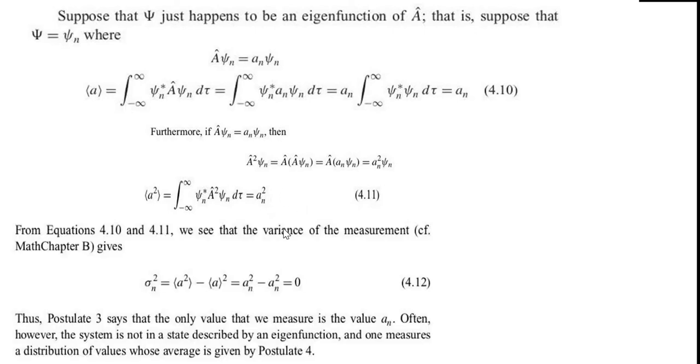Now you can evaluate the standard deviation for further clarification. Evaluate the a square average. So you are putting the a hat square, and by the same argument it would give you a n square, and a average square. So what is the a average? That is already a n. So a average square is simply a n square, but a square average is again a n square. So what is the variance? Square average minus average square. So you are just taking square average minus average square, and in both the cases they are a n square.